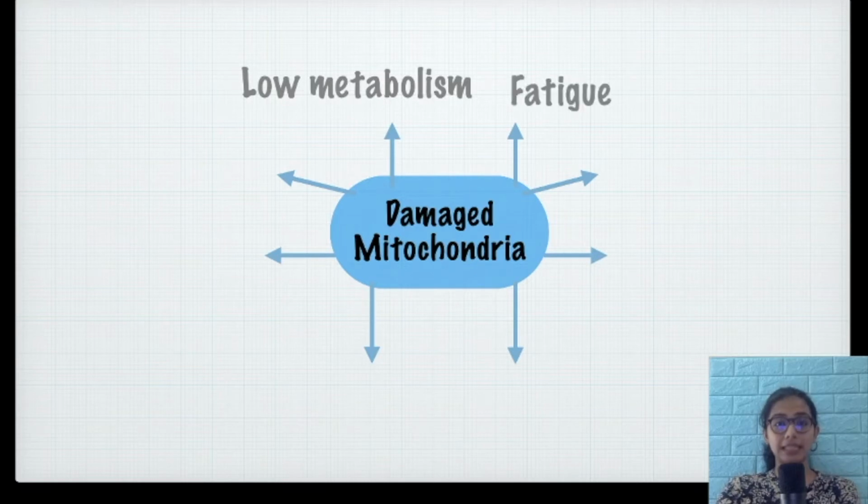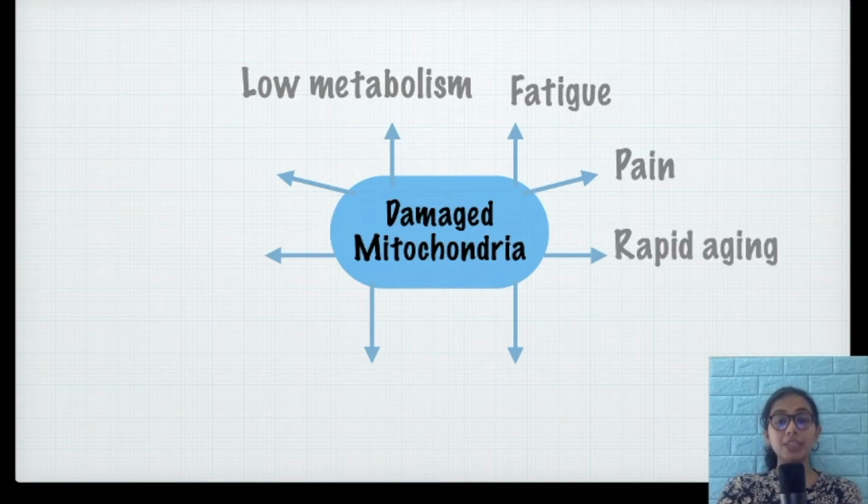And then fatigue. You can experience chronic fatigue. That means you can be tired always, no matter how much sleep you get, you still feel tired. That is called fatigue. Then there might be pain, unexplained pain in certain parts of your body. Aging happens because our mitochondria lose their vigor. So if it is abnormally getting damaged, then it results in rapid aging, right?